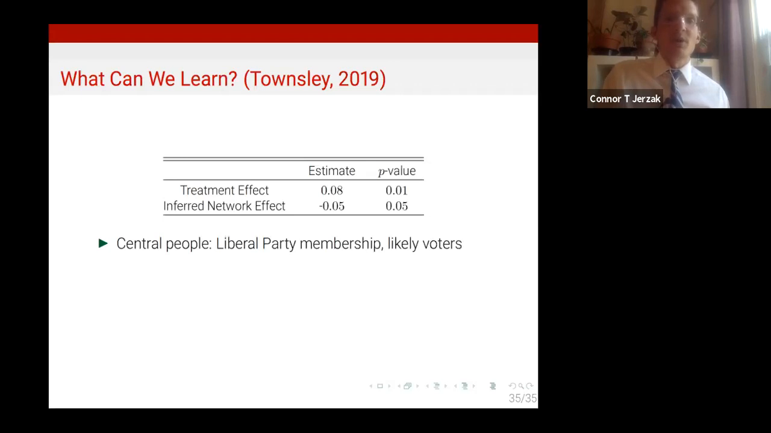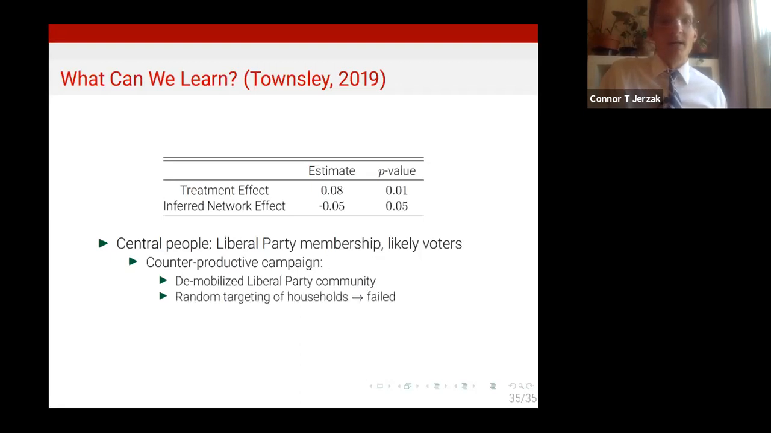The central people in the inferred network are Liberal Party members as well as likely voters. So most likely, using this framework, we can conjecture that the campaign may have had a counterproductive effect. Not only may it have mobilized people of other parties at the individual level, but it may have